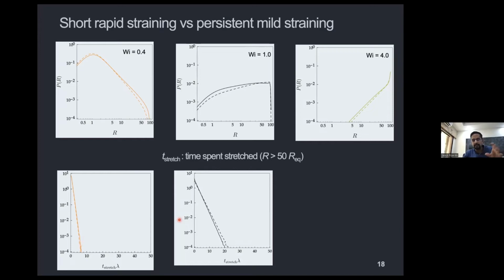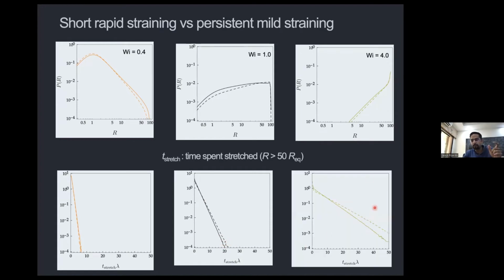But as you increase the Weissenberg, for example at Weissenberg 1, where you start seeing that the Gaussian flow actually stretches polymers more than the DNS, you do see that the polymers stay stretched longer in the Gaussian flow than in the DNS. So they do persist longer in the Gaussian flow, and that becomes more prominent at higher Weissenberg. So this just gave us evidence for that physical picture that